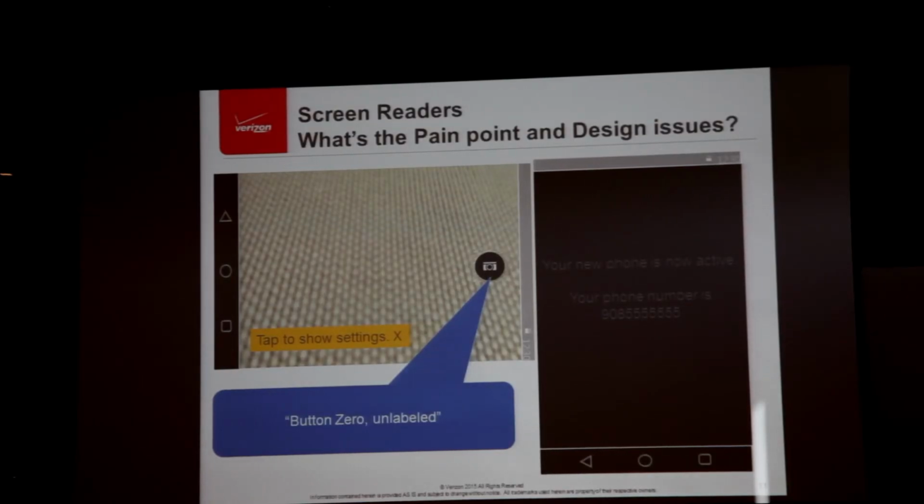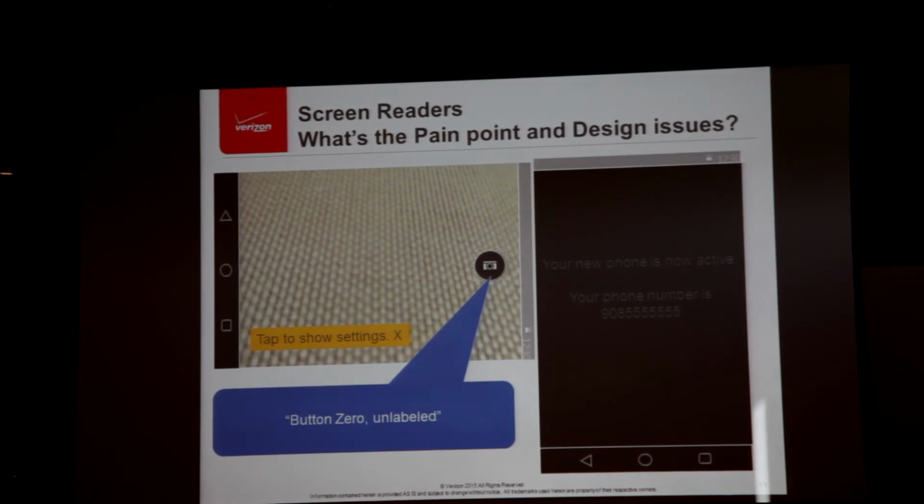Why would a blind person ever use a camera? Why bother labeling these buttons, right? See, this is the problem when you don't design for everyone. And you think and assume certain things when you're way off, way, way off. And this is another good one. This is an actual implementation one. You say, what's wrong with this?